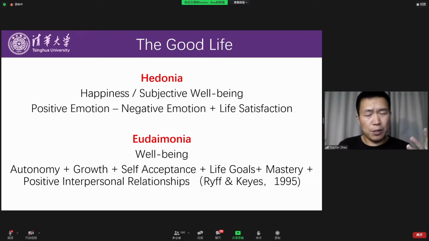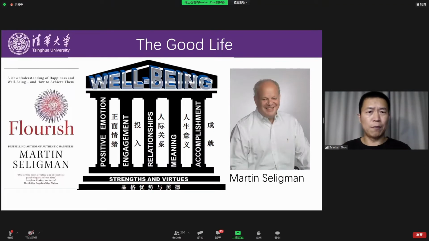And there are different psychologists who argue different kinds of constructs of well-being. For example, here we are going to introduce what Martin Seligman, as we know, the founder of positive psychology, wrote in the book Flourish, that well-being actually has 5 pillars, and he called it the PERMA Theory, because the acronym of these 5 words is PERMA. So they are positive emotion. This is a very important